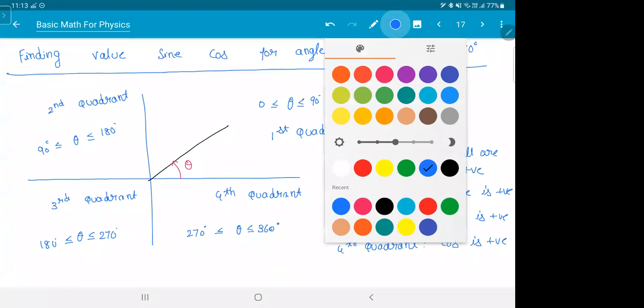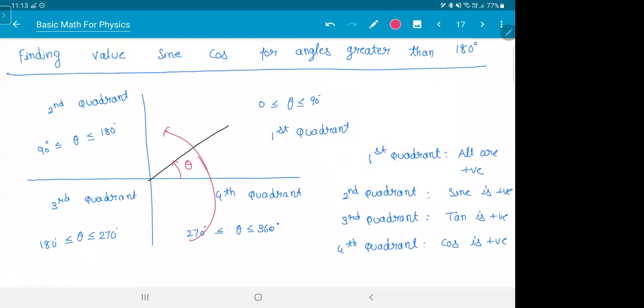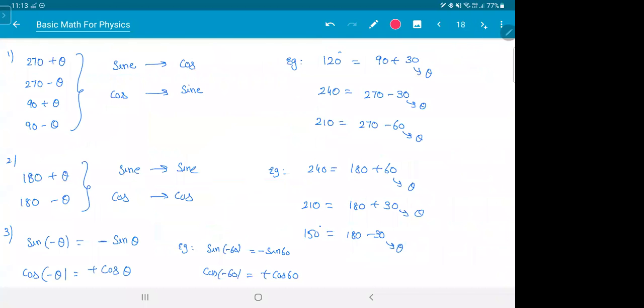Sir, theta can be negative. See, what is negative theta? You are rotating this way, na? If you rotate backward, then theta is negative, na? And that is the reason why you won't get a negative sign for cos, because cos is positive in the fourth quadrant. So whether you go cos this way or this way, cos is positive. Got it? Negative theta means you're rotating in the opposite direction.